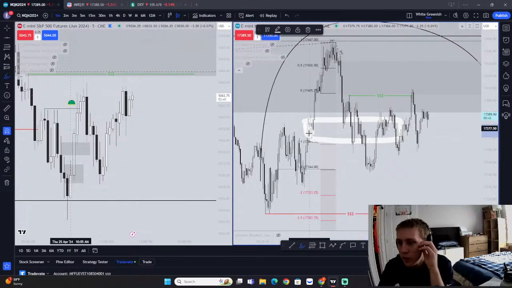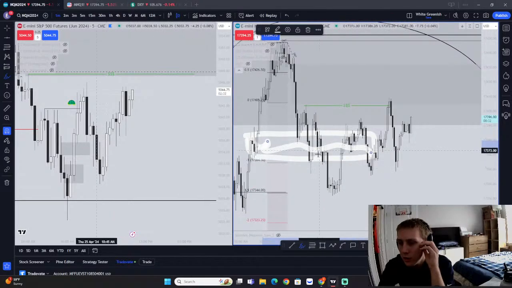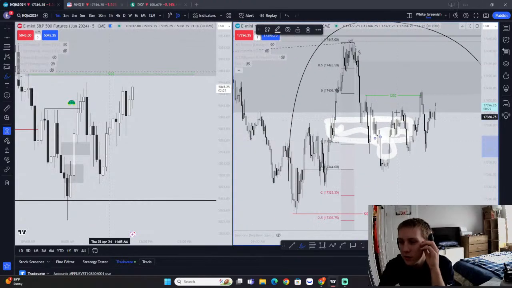Line old selling points with new PD arrays. I really like that, and that's what I did here. I entered here off this old selling point, and then I had an order block here, which wasn't the best order block, inverse fair value gap, and then fair value gap here, which I don't like that at all because, again, y'all,